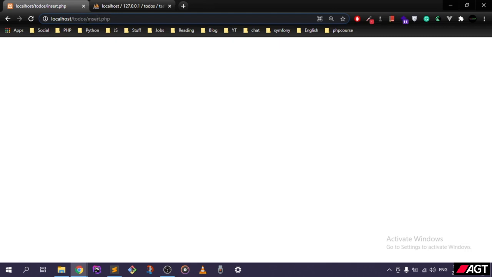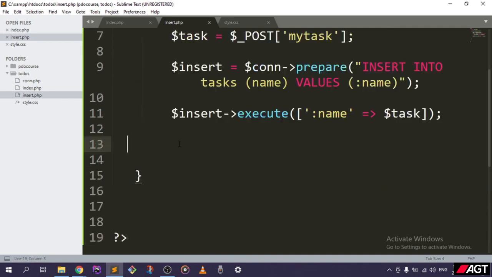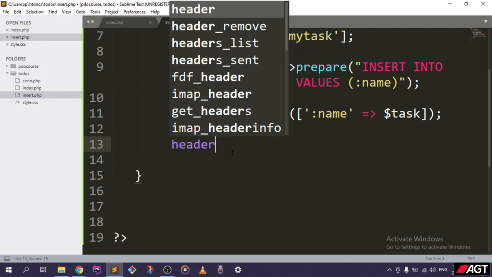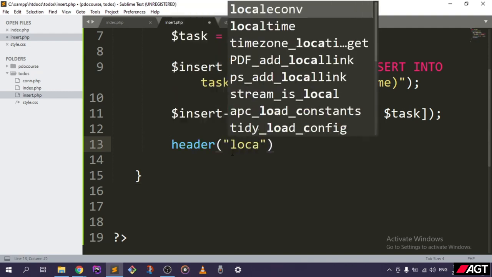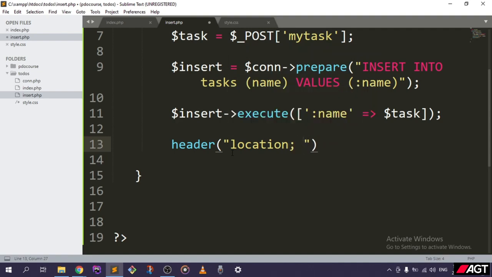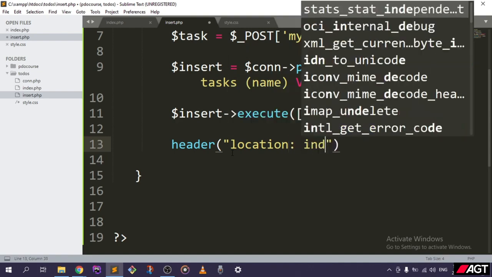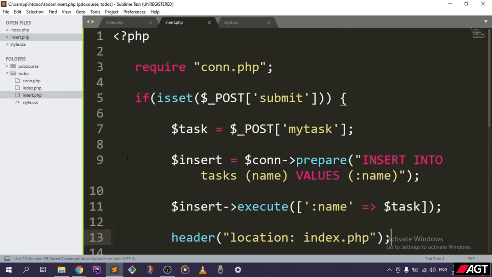So now we want to actually, after we insert this, take it back to the index page, to the index page, sorry, again. So we are going to go ahead and write our header function, and let's say location, and we are going to head back to the index.php page. So if we save this